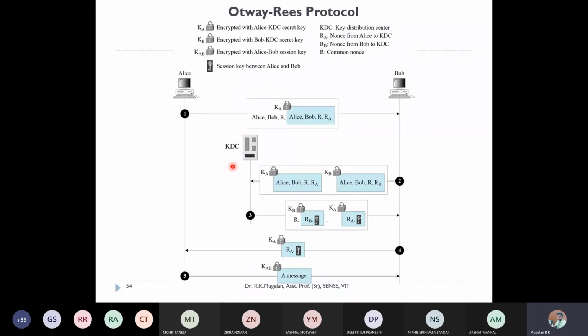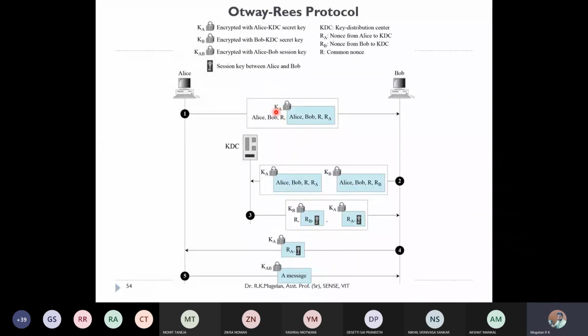You can see Alice is transmitting a message: Alice, Bob, and the common nonce, which is unencrypted. This is an unencrypted packet, whereas inside it, it has the same thing with an extra value of RA, which is a nonce known only to Alice, and this is encrypted using KA.